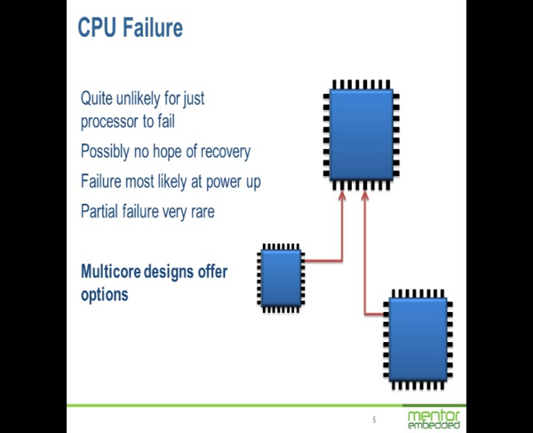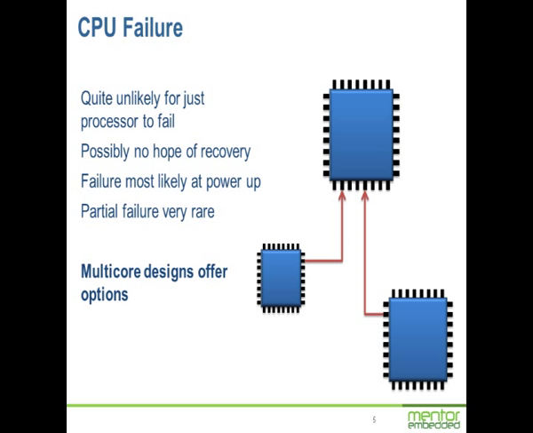CPU failure in a multi-core design gives some opportunities. Exactly how we handle it would depend on the particular application. But broadly speaking, one core can keep an eye on other cores. So if you build this into your design, that each core is checking the integrity of the others, making sure they are responding and one of them hasn't stalled, at least you can have an idea of the integrity of your system as a whole. That's a somewhat special case, of course.